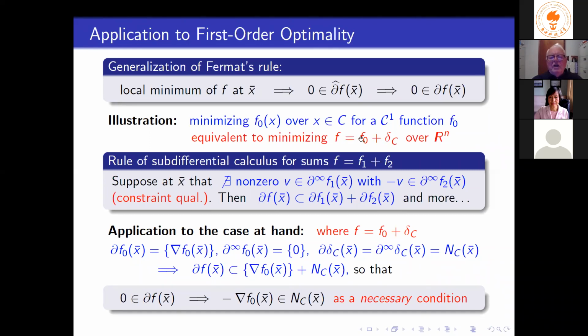So I have to take the subgradients of the sum of two functions. So we need a rule for the sum of two functions. And here's the rule. It involves a constraint qualification. There's all these conditions, and indeed the constraint qualification involves the horizon cones. There's horizon subgradients for these two functions. There shouldn't be any vector in this horizon cone whose negative is in this horizon cone. No non-zero vector should be in this one with its negative in that one. So under that constraint qualification, then we get this